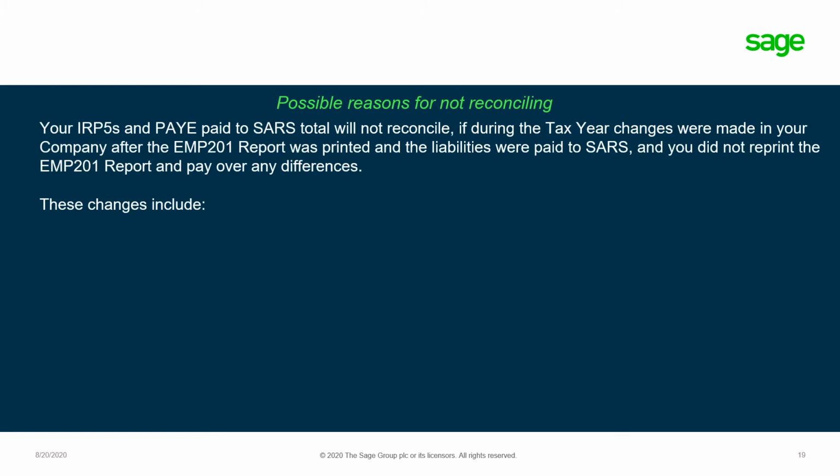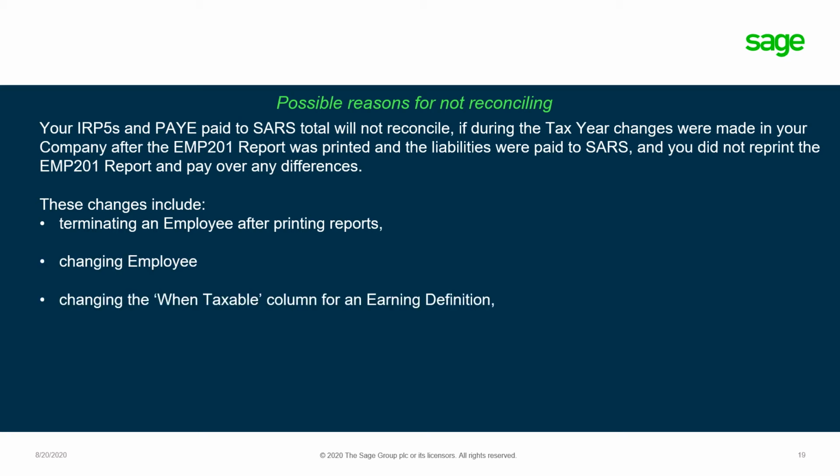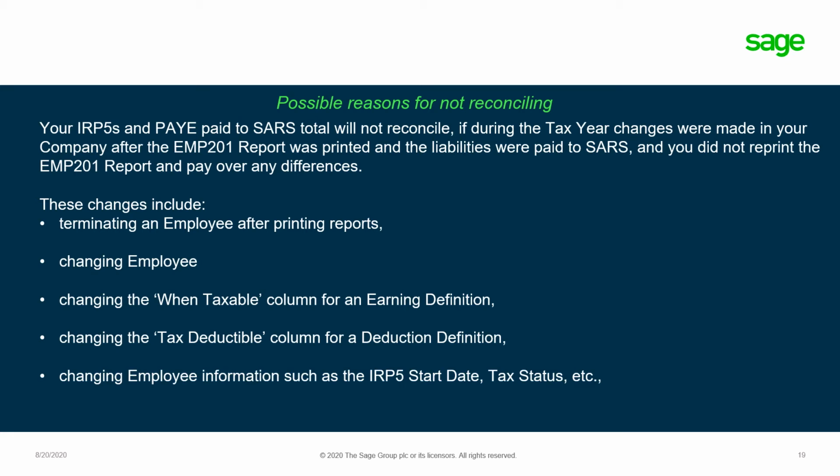Your IRP5s and pay-as-you-earn paid to SARS total will not reconcile if, during the tax year, changes were made in your company after the EMP 201 report was printed and the liabilities were paid to SARS, and you do not reprint the EMP 201 report and pay over any differences. These changes include terminating an employee after printing reports, changing the when taxable column for an earning definition, changing the tax deductible column for a deduction definition, changing employees' information such as the IRP5 start date, tax status, etc.,